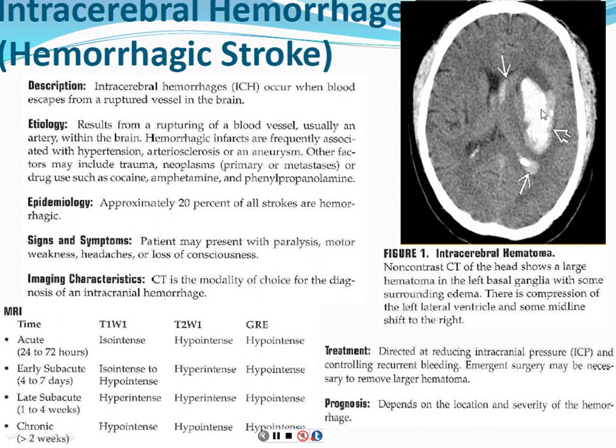Like on CT, on T1 weighted imaging, this is going to be pretty bright when it's new hemorrhage like this. As with time, it becomes less dense on CT. It also becomes a little less bright. At first, it becomes a little more bright, and then a little bit less bright on T1 weighted imaging. But usually, we see these fairly acutely, because they cause a lot of mass effect on the brain in the area, and they'll first be imaged